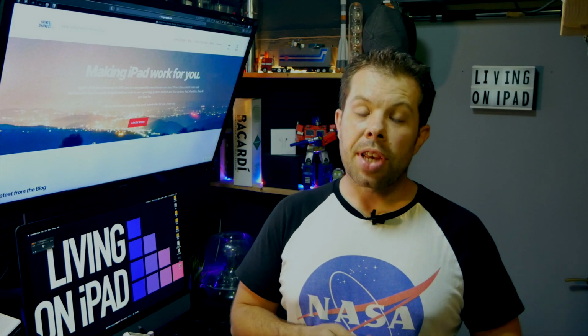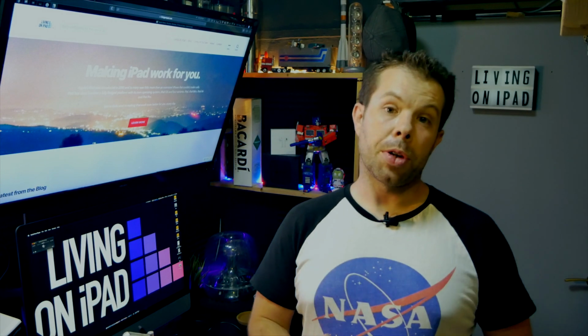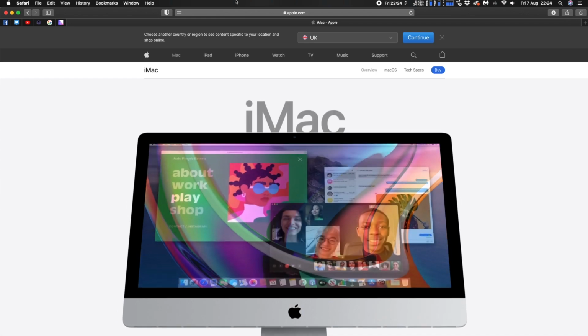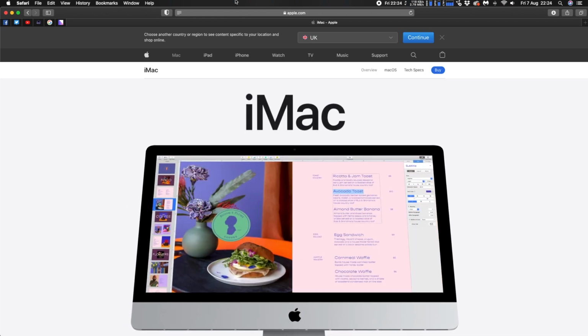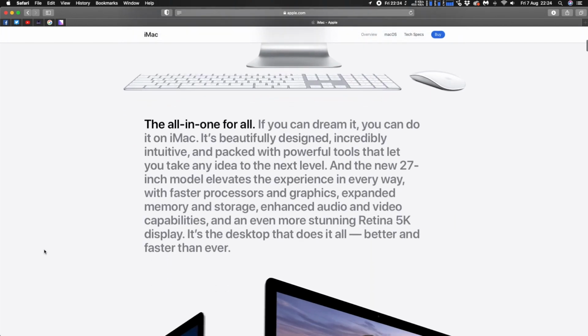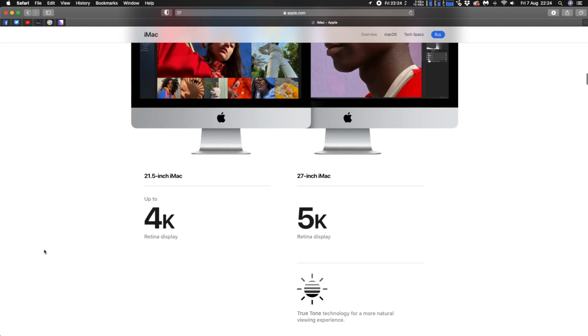Now, the biggest rumours out there at the moment are around a 24-inch iMac form factor, which is what we will focus on in this video. That would be replacing the current 21.5-inch iMac that got almost no love in the update to the iMac 27-inch that came just a few days ago. As I say, it looks like this is going to be replacing the 21.5-inch model with a 24-inch model, which